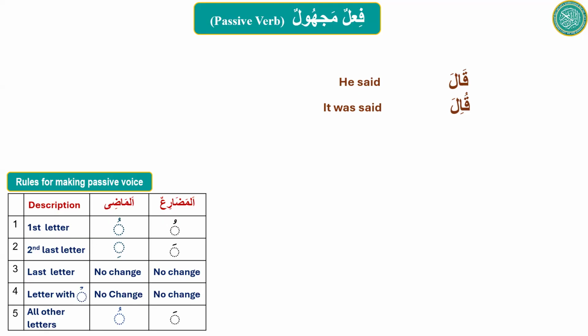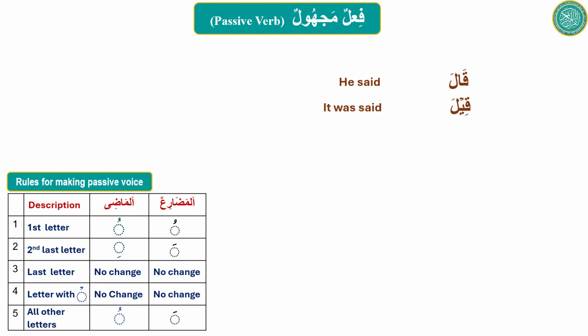But if you talk to an Arab person, he will say, no, this is wrong. This is what they say if they have to say it was said: Qila. So okay, if we follow this table, we came up with kuila, but that was wrong. This is because there are some exceptions.